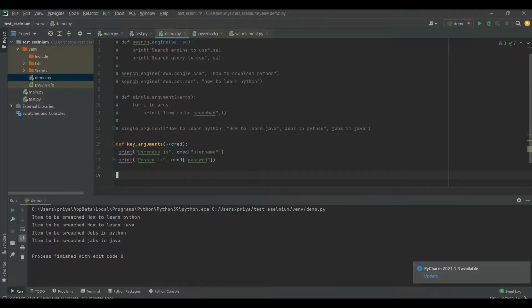Now we have to call this function keyworded arguments and pass the values.